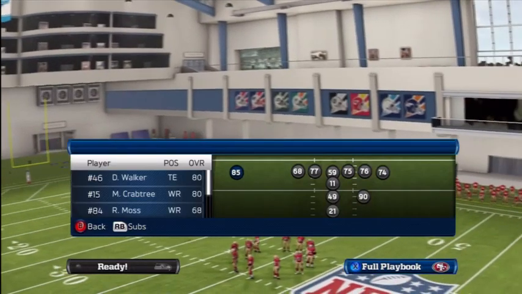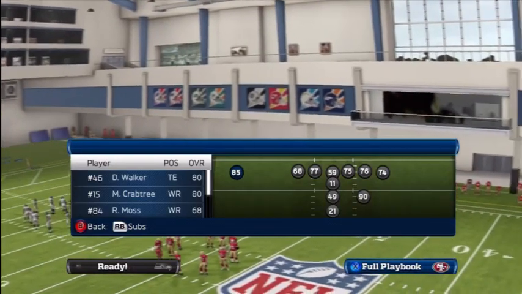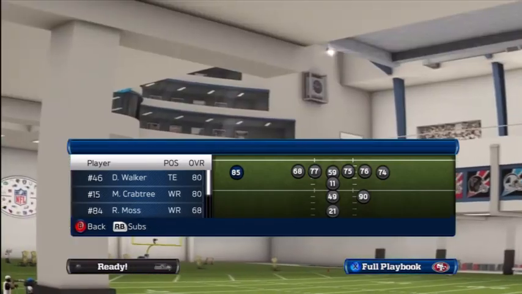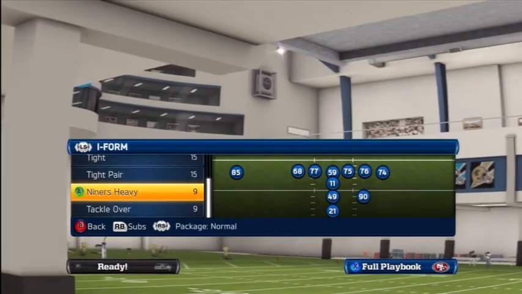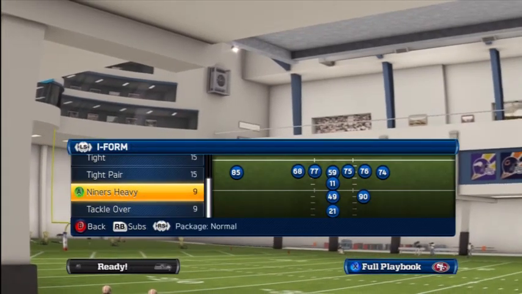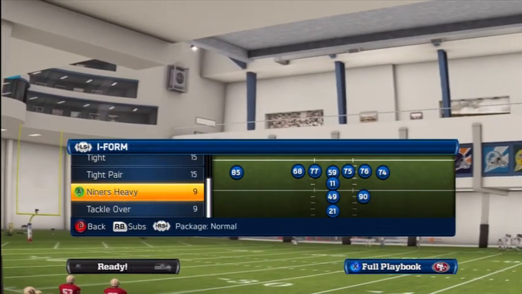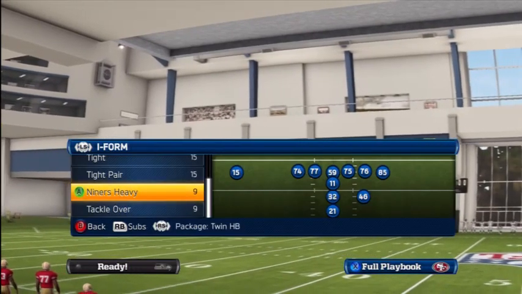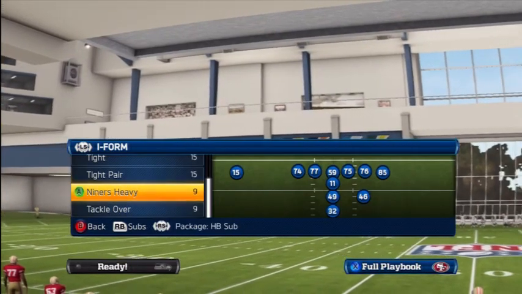This is nice if it's 4th and 1, 3rd and 1. You're going to run the ball 100%. Great. Go ahead and use this package. But for the purposes of running this as our traditional scheme and running the ball in a three yards and a cloud of dust style of offense, we're going to go ahead and go with the formation known as the